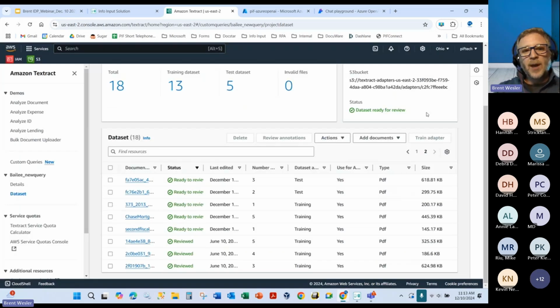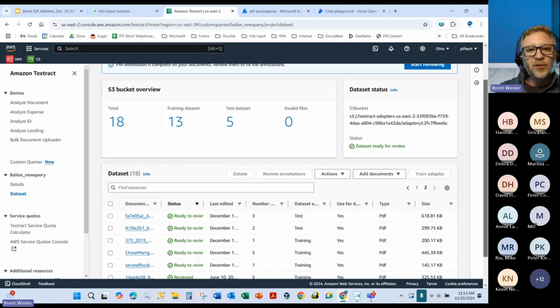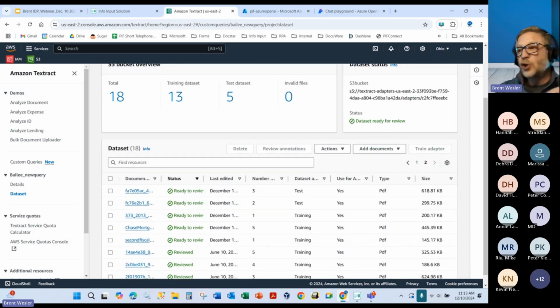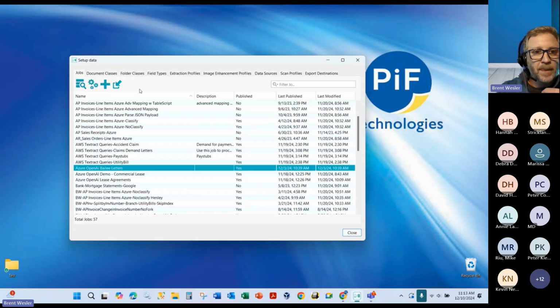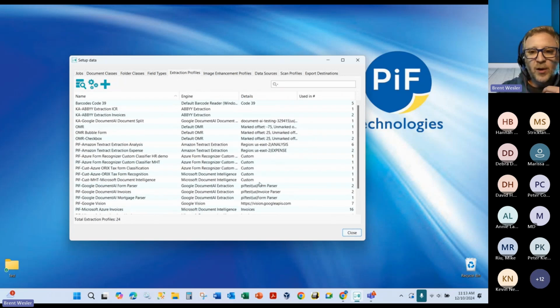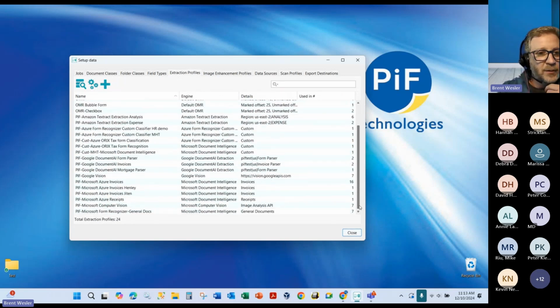Okay, so now we have basically, you'll see here an AWS setup, an adapter. Now, you don't have to build the adapter to be able to issue query prompts to it. So we're going to show how we actually set this up. So I have Kodak info input here. So the first thing I did was I created an extraction profile, and this is for the AWS piece. So you'll see here,